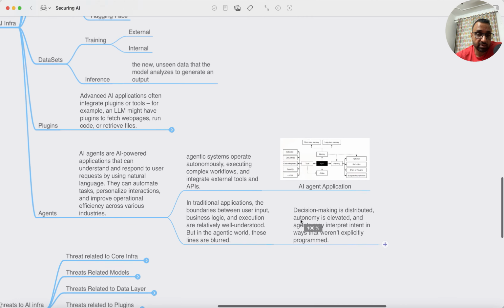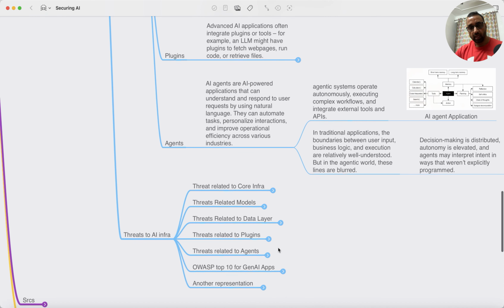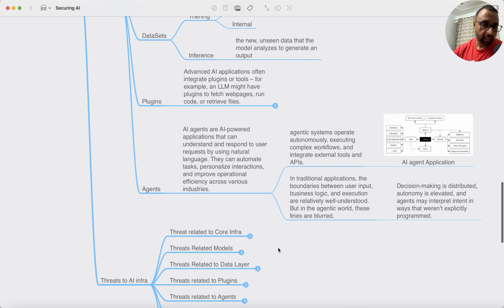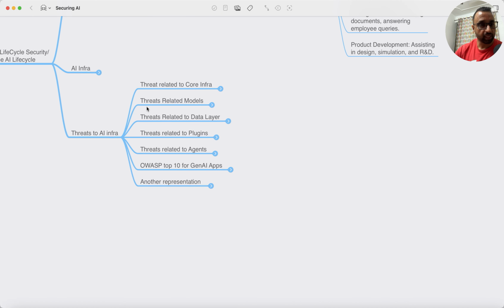Okay, now that makes things really complicated from a cybersecurity perspective. So when I heard about the agent as a concept for the first time, my cybersecurity mind was blown away, as well as my geek mind, because of the possibilities that could exist, but also the Pandora's box that it opens, right, with its approach. Now, this entire AI infrastructure is connected, okay, which means the attack surface is much bigger compared to a traditional application. Okay, now let's look at those threats.